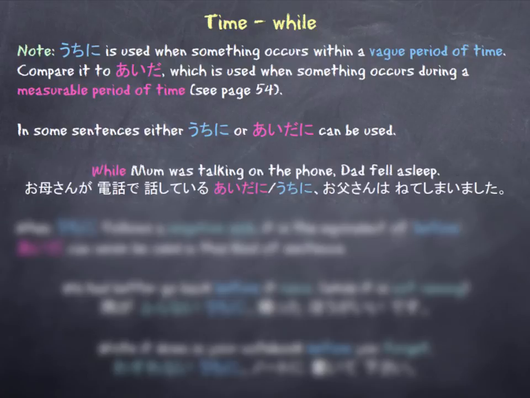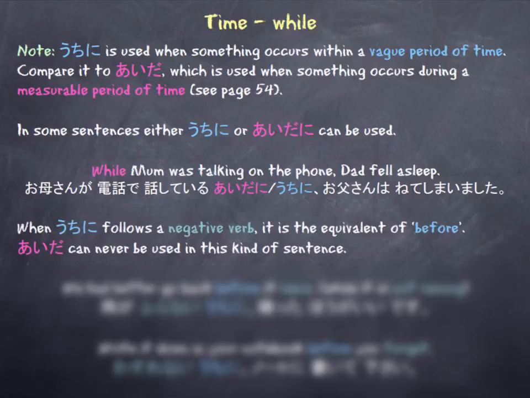For example, while Mum was talking on the phone, Dad fell asleep. お母さんが電話で話している間に or 話しているうちにお父さんは寝てしまいました。